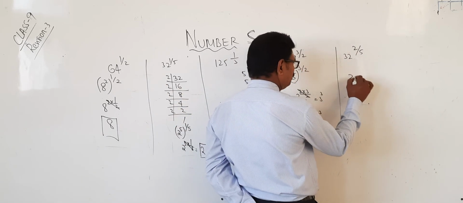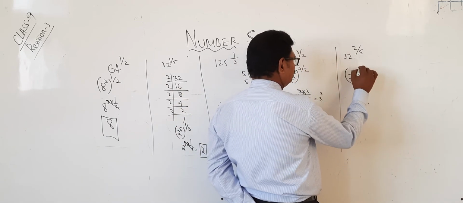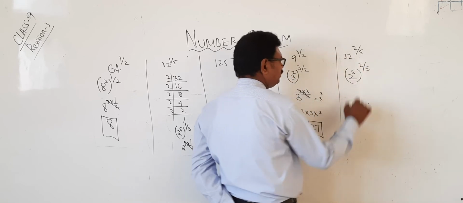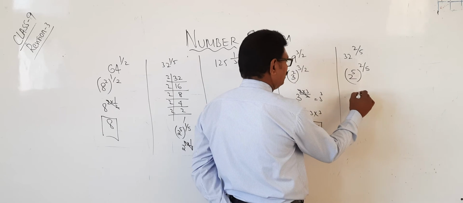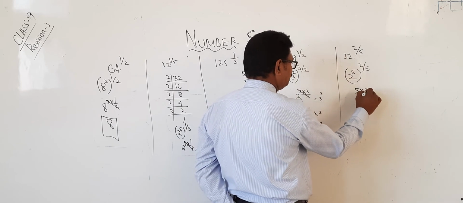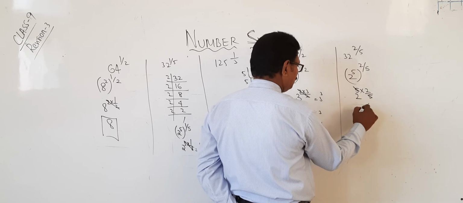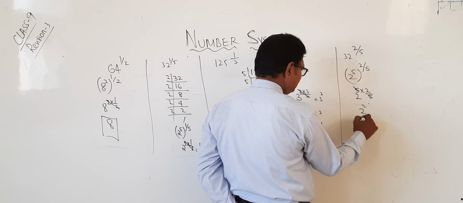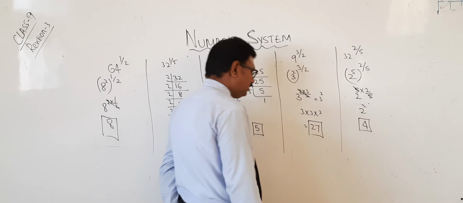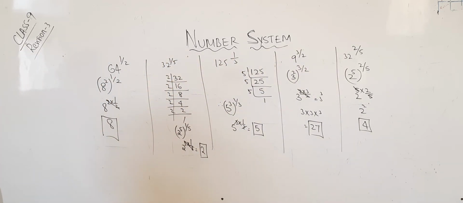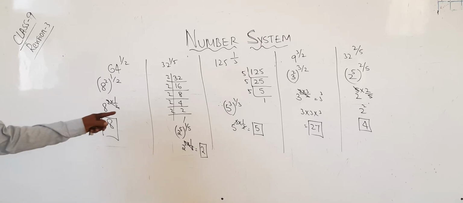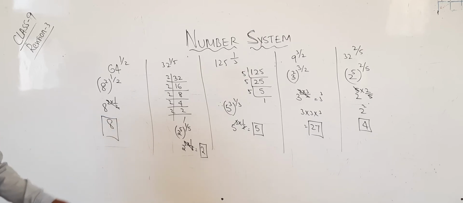Again 32 we have done here. We do like this. 2 to the power of 5 whole to the power of 2 by 5. Again 2 into 5 into 2 by 5. 5 cancel. So 2 square. What is the answer? 4. Like this. Okay na? So these all depend upon your laws of exponents only. See here, 1, 2, 3, 4, 5. All 5 problems. Okay na? Please take down.